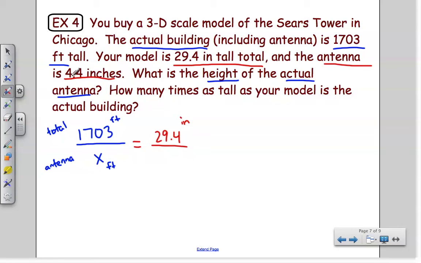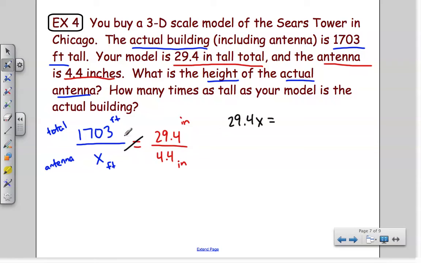The antenna on my model was 4.4 inches. Antenna goes here, 4.4, and yes, that was also in inches, because the units would cancel here anyway. And now if I cross multiply, I should get the feet on my antenna here. So this is just